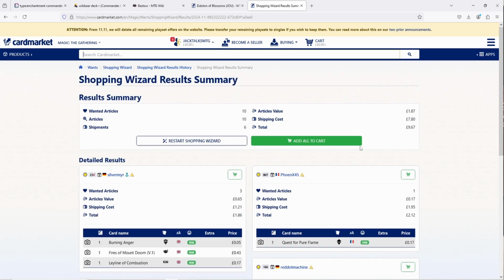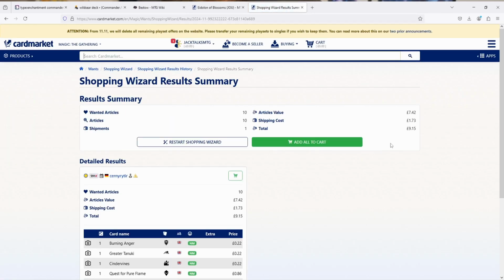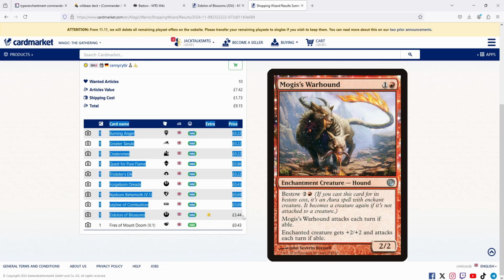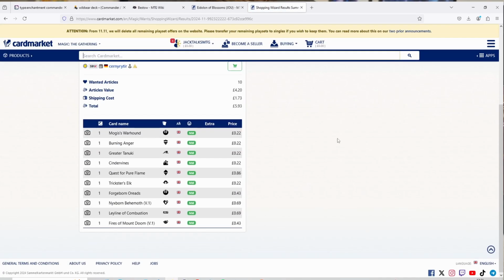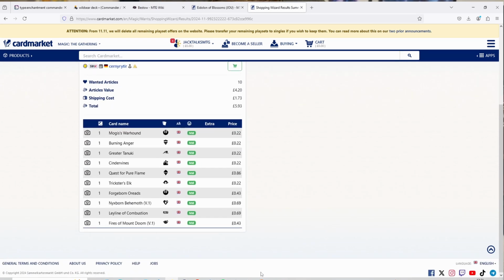Now, I found a seller that was selling all the cards that I wanted, but unfortunately, I noticed that there was a card in there that was valued over £3, so $5. And that was the Eidolon of Blossoms, and it was costing £3.44. I decided instead to add the Mogus Warhound, just because I really like the card's art, and it does buff as well. This brought my total to £5.93, or $7.49. Now, when I added VAT on top of this, it was £1.19, which added to a total of £7.12,